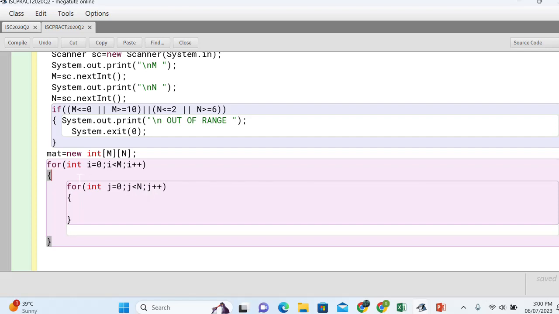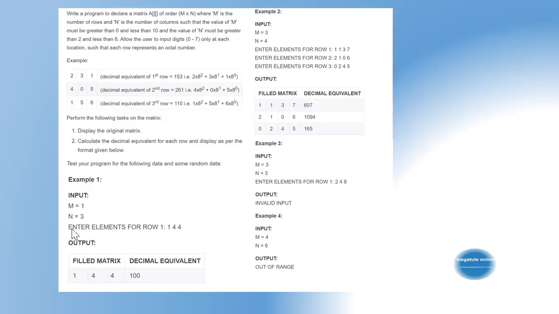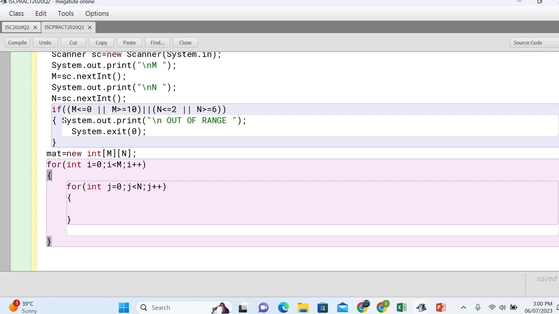All right. Now, as in the question, they have asked that. I'll take you to the question. See the way they are asking. Enter elements for row 1. Then enter elements for row 2 and row 3, and then in front of it that value is being asked. So that means before every row, before the process of taking the elements of row starts, you have to throw a message, enter elements for row 1, 2, and 3. So that message will come here, and all the messages in capital letter. So I'll try to follow the same